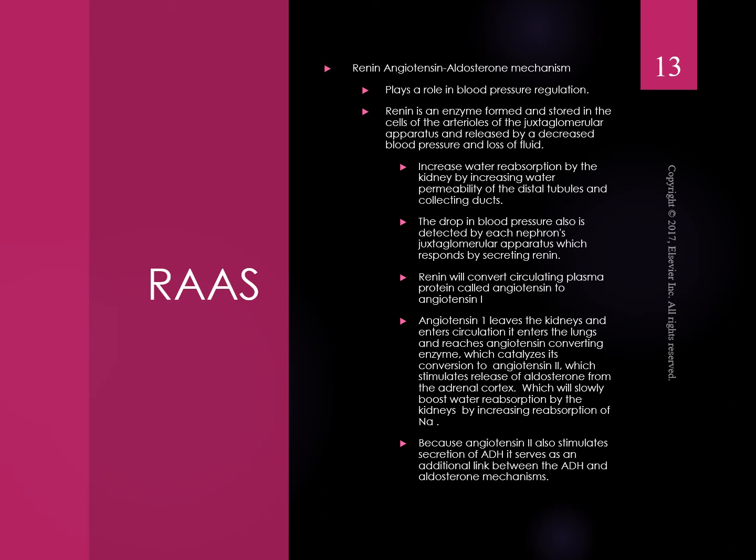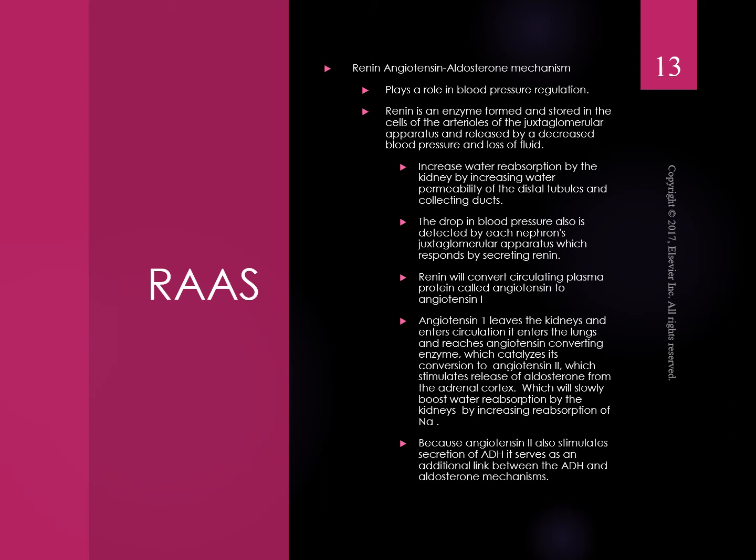So when we're talking about the renin-angiotensin-aldosterone mechanisms, it plays a role in blood pressure regulation. Renin is an enzyme formed and stored in the cells of the arterioles by the juxtaglomerular apparatus and released by the decreased blood pressure and loss of fluid. So then what happens, we have increased water reabsorption by the kidneys and increasing water permeability of the distal tubules